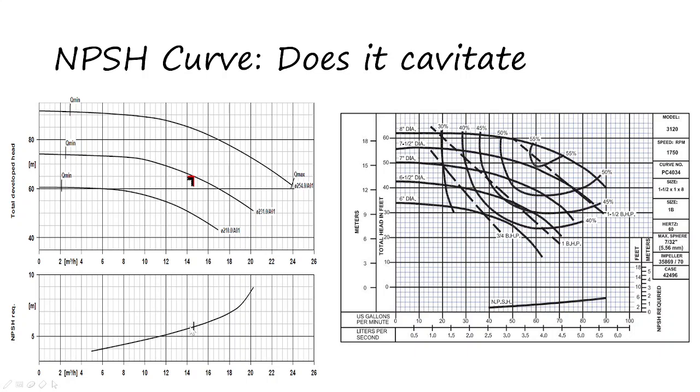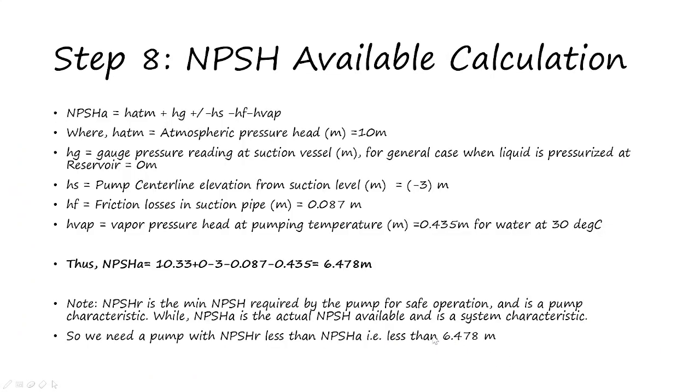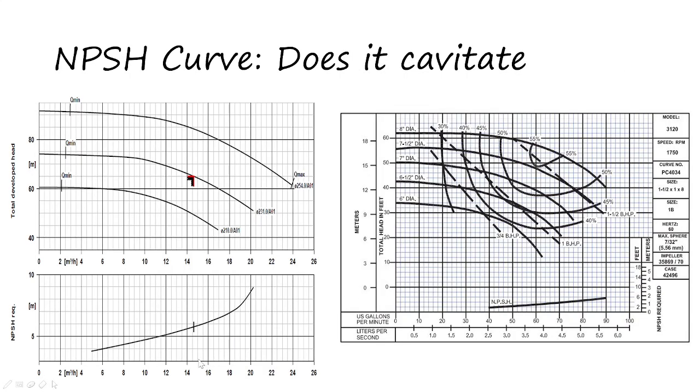So in our case, if you see our requirement, we need a pump with an NPSH requirement less than 6.4. This is really cut to cut. It is around 6 or something. So we will avoid this. We can go with this pump. If you convert this liter per second to meter cube per hour, I guess it is around 4 point some value,